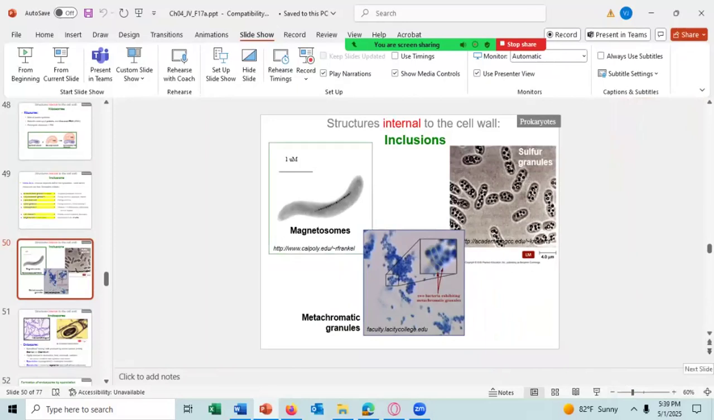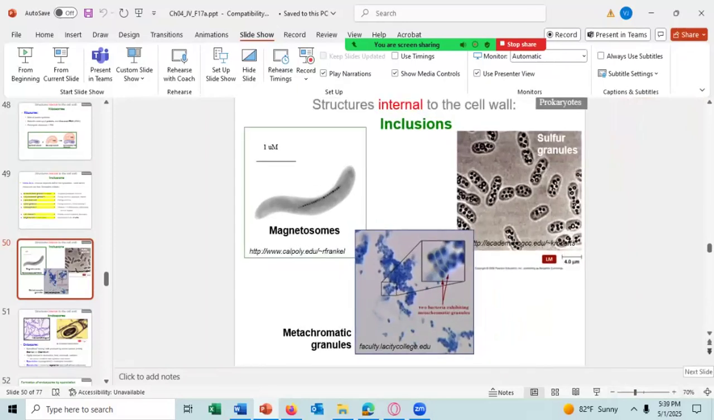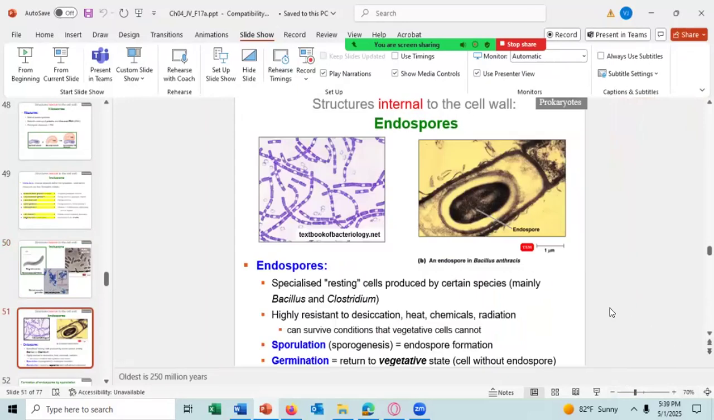All right. Let's blow it up a little more. Another structure we can find internal to some cells is an endospore. Endospores are specialized resting cells produced by certain species, mainly members of the family Bacillus and Clostridium. These endospores are highly resistant to desiccation, heat, chemicals, radiation, and the endospore can survive conditions that the vegetative cell